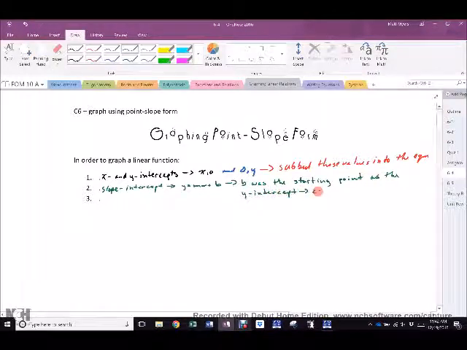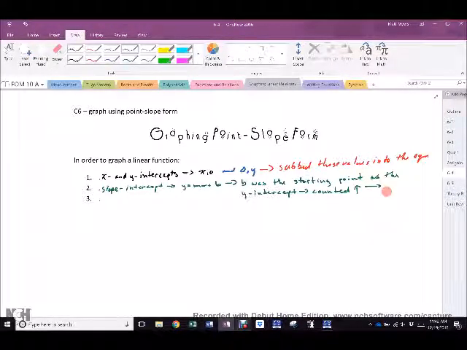Then we counted our slope. Rise, run, for graphing. So, I showed you 2 ways you could graph easily without doing a whole table of